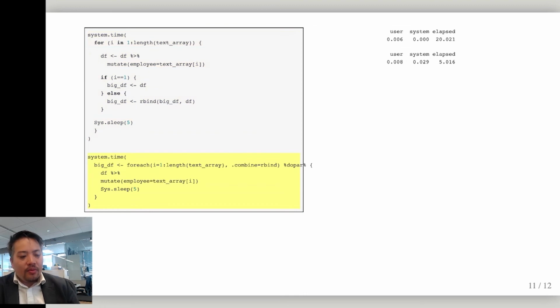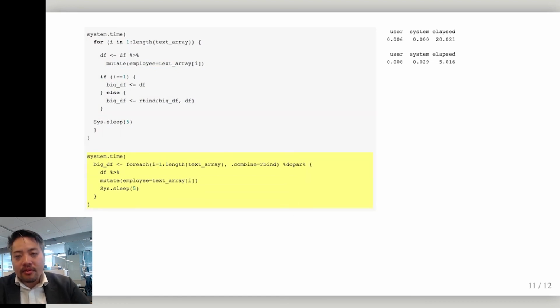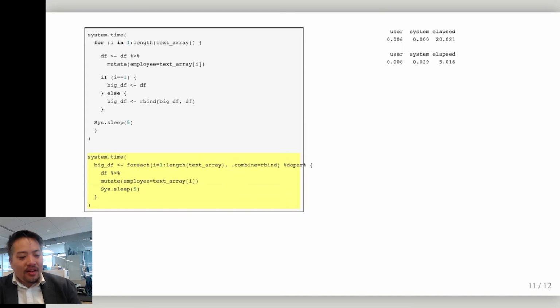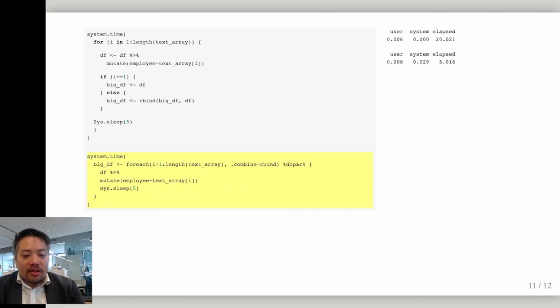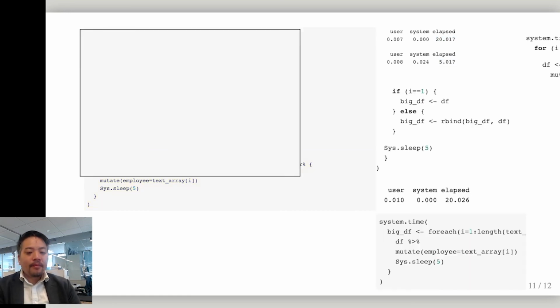If I did that with parallel, everyone sleeps at the same time. So you can see that the elapsed time goes from 20 seconds for 4 rows to 5 seconds for all of them at the same time. I'm testing that by wrapping all my code in this function called system.time, which is a way to check if your code is more efficient. So you can see 4 times the speed. Very useful if you are on deadline. All right,